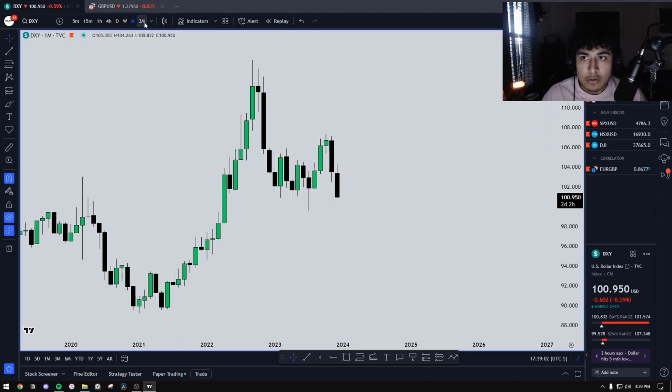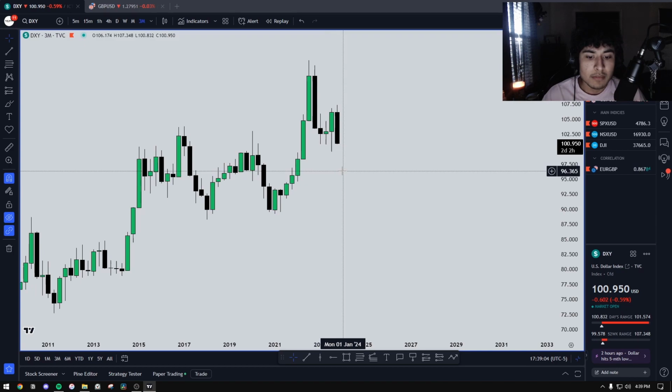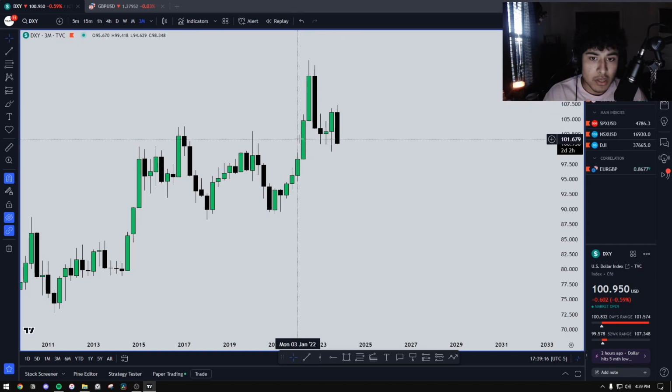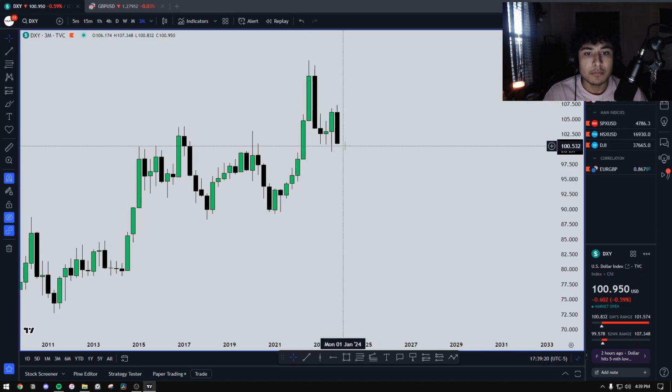Usually every 3 months there's going to be a quarterly shift. So on the 1st of January, basically in 2 days, I'm going to be waiting to see if that quarterly shift continues to push us lower, or if we move back up, because we are inside of a buy side imbalance on the 3-month. We're nowhere near closing below it and making it an inversion fair value gap, but we're still inside of it.